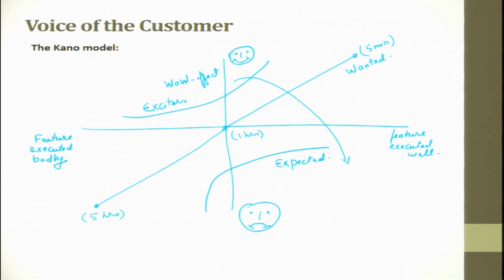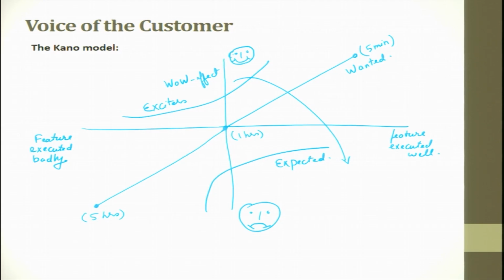That means to say, suppose you go to a hotel, and initially you thought it should be a clean room, it should be a neat room, it should have some calling facilities within the hotel, and the bathroom should be clean and have all the toiletry kits. That's what was your expectation. But later, maybe 3-4 years back, they started giving Wi-Fi. So whoever gave Wi-Fi, it was a wow effect. Today it has come to such a level that it has become a basic expectation. When you go to a hotel, you expect that free Wi-Fi is given to you.